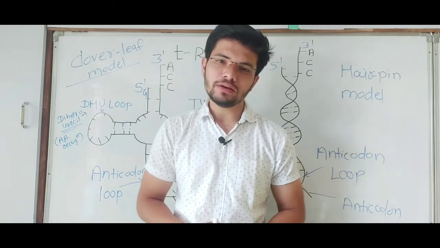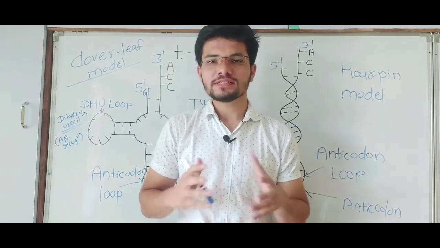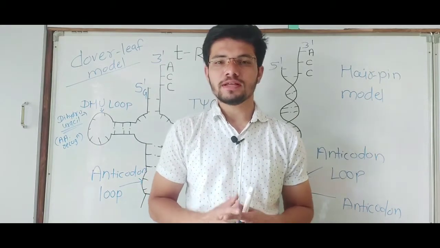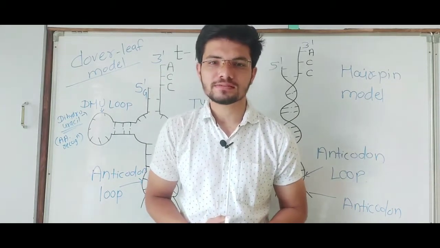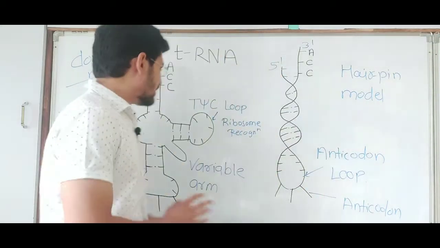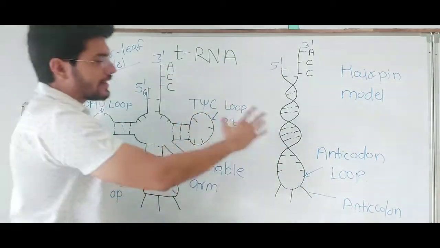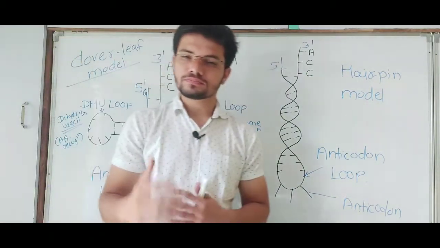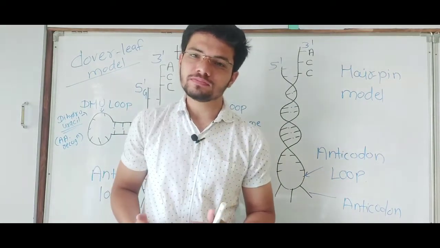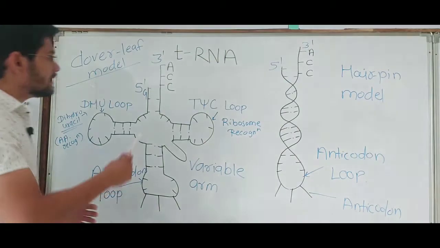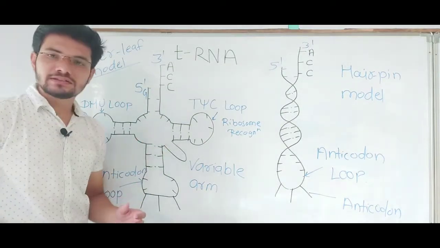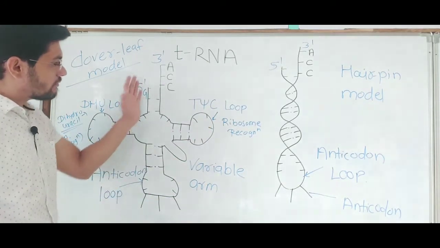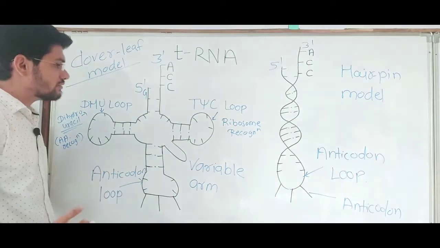In this lecture we are going to learn about the very important molecule which is tRNA. It is also one of the types of non-genetic RNA which plays a vital role in the process of protein synthesis. So here we have two different structures of tRNA. They vary as the tRNA folds around itself. Basically tRNA is a single stranded structure, but because it is folded upon itself, we can see a kind of secondary structure.